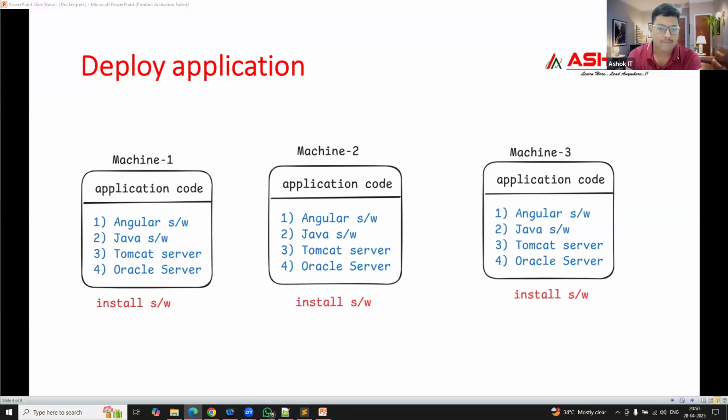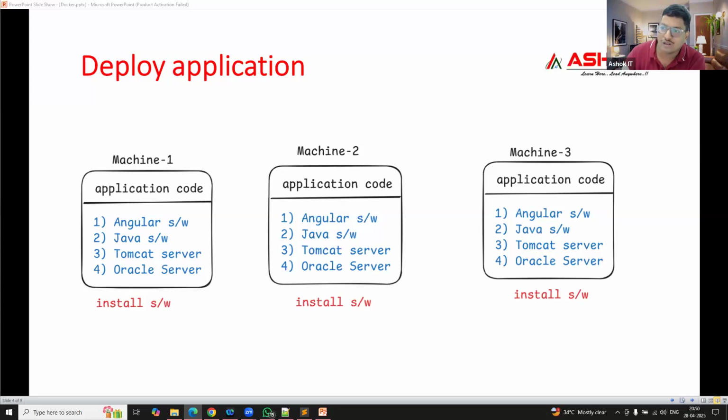If I want to deploy my project in any machine, is there any challenge available or no challenge? Come on, guys. What is the challenge, guys?